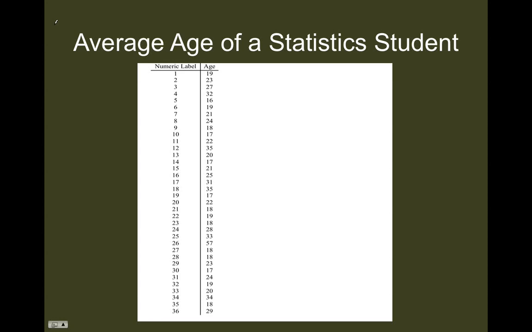What I'm going to do is two things. First of all, since I have all of the population here, if I think of the class as the population, and I'm interested in the average age of the students, then I can actually calculate the parameter here. And what we're going to calculate is what's called the mean average,